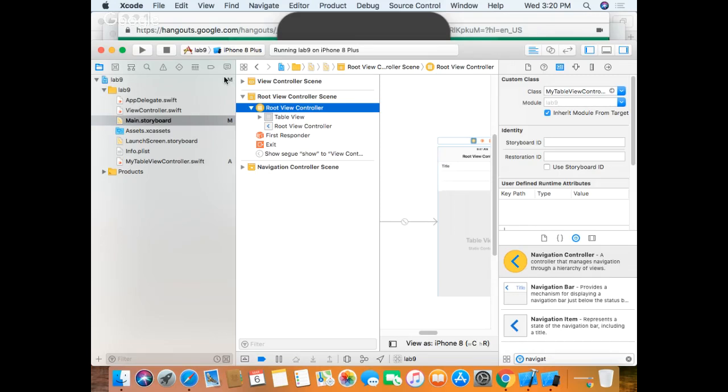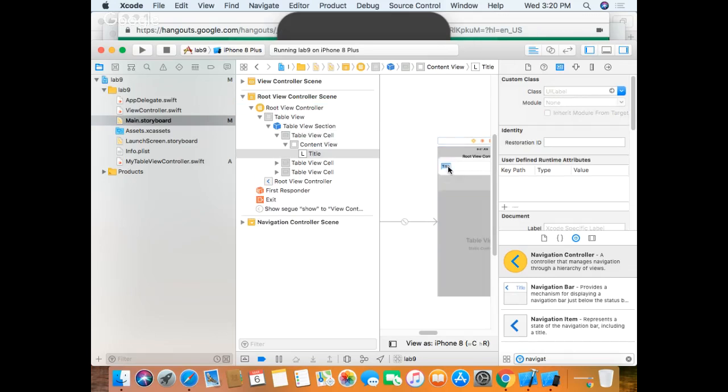Okay, so let's go back to the code. Maybe I will just change the title that I have here to show. I remember which transition it is. Okay,